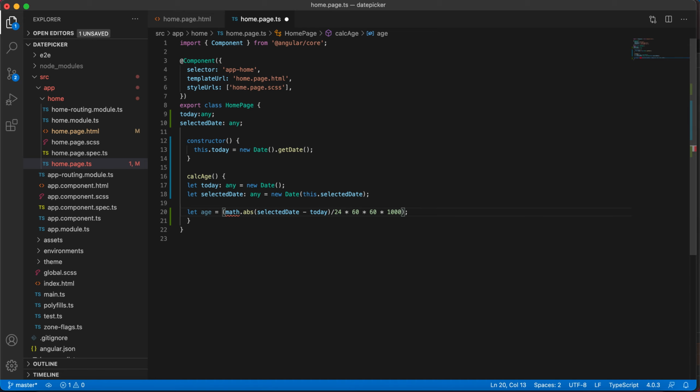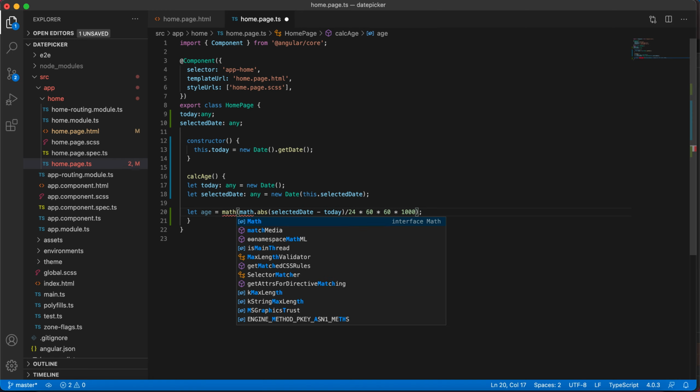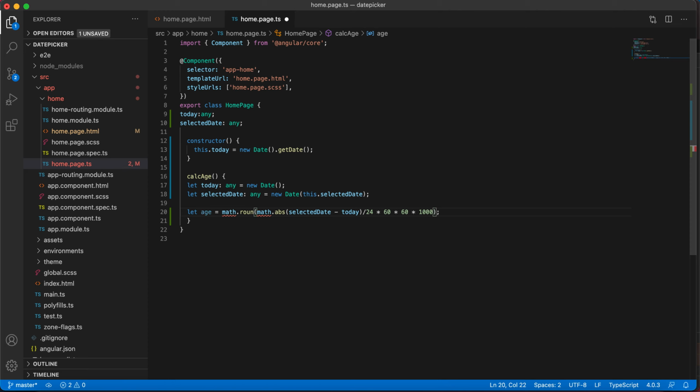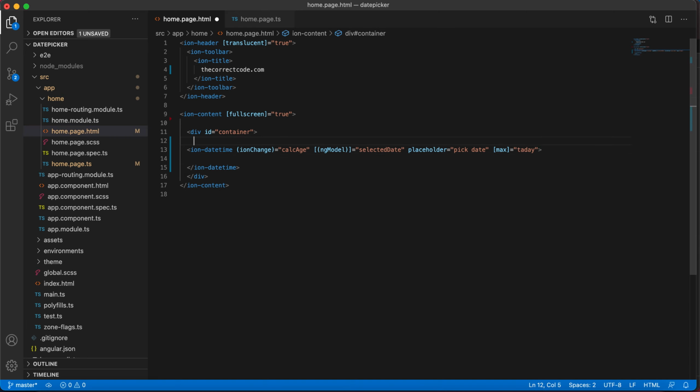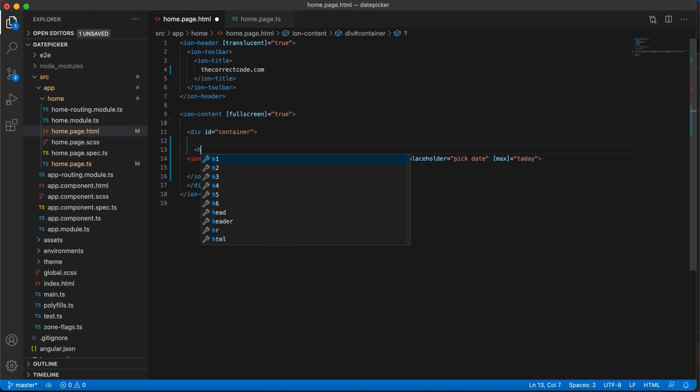So now we have the age, right? Math.round. This should be a capital M. Now we need to display this age inside the application, so let's call this age.